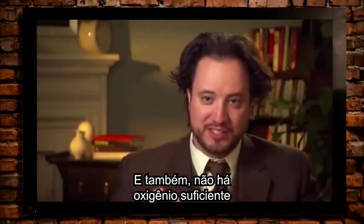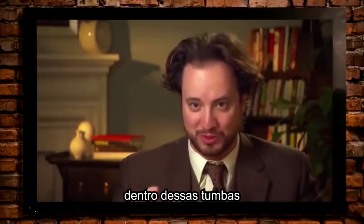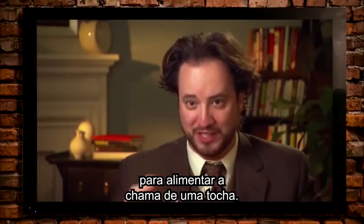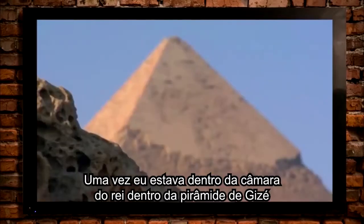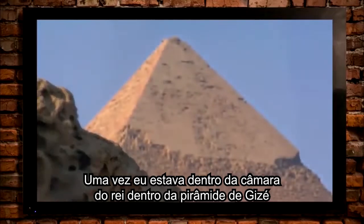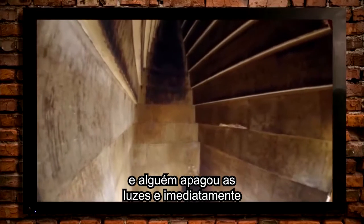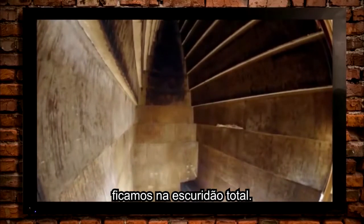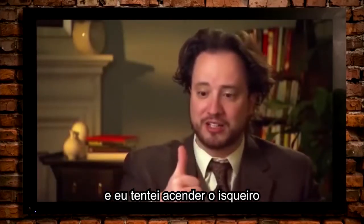Also, there isn't enough oxygen inside those tombs with which to support or feed a flame of a torch. I was once inside the king's chamber, inside the Pyramid of Giza, and somebody turned off the lights, and immediately we were in pitch darkness. And I said, no problem, I'll just take out my lighter from my satchel, and I turn on the lighter,